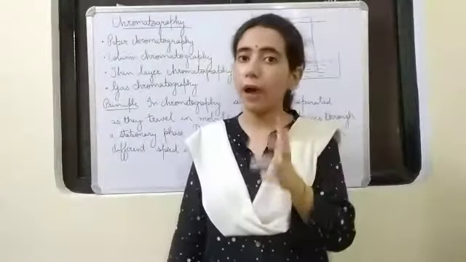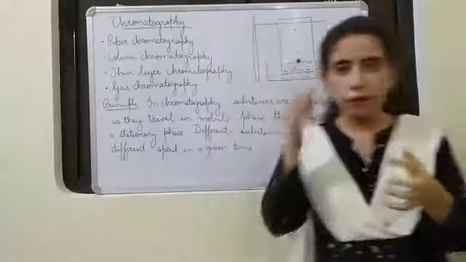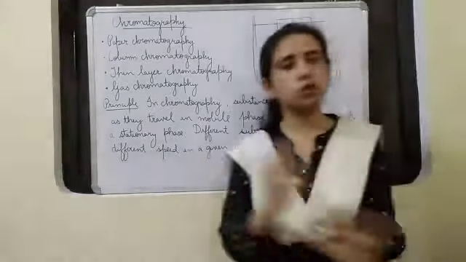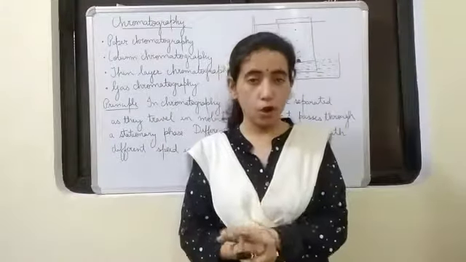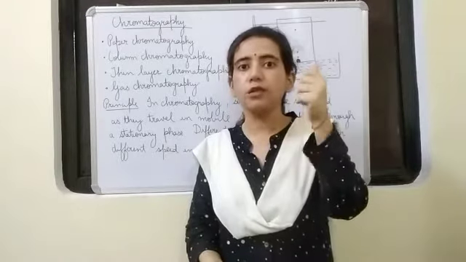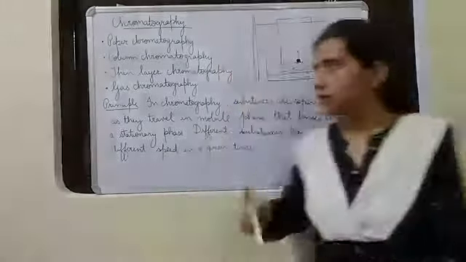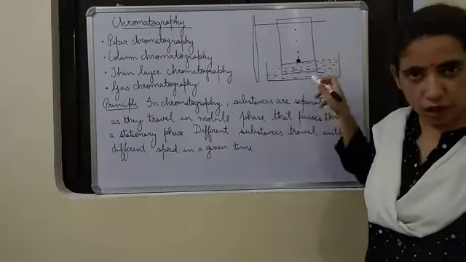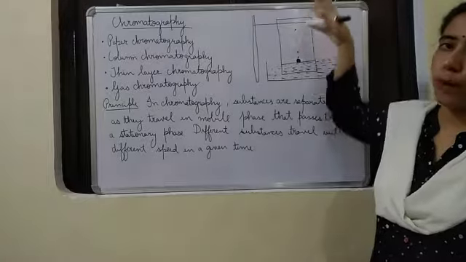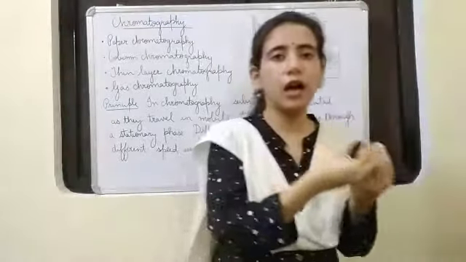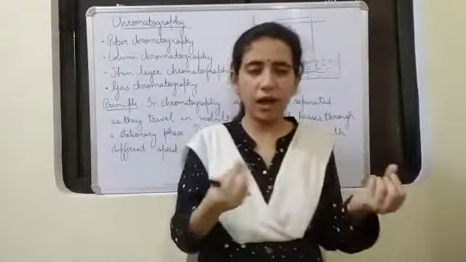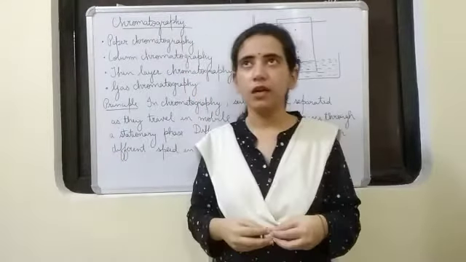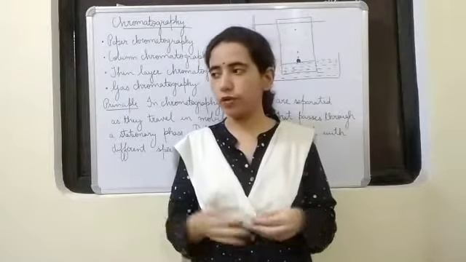And here, what is the mobile phase and what is the stationary phase? If you think carefully, you will understand this paper is the stationary phase, because the paper is not moving anywhere. Paper is there where it is. Only the liquid is moving. So the mobile phase is the solvent. In paper chromatography, paper is the stationary phase and the solvent is the mobile phase. Along with the solvent, the color dyes, the different inks, travel at different speed. Alright. So that's all for today's topics.